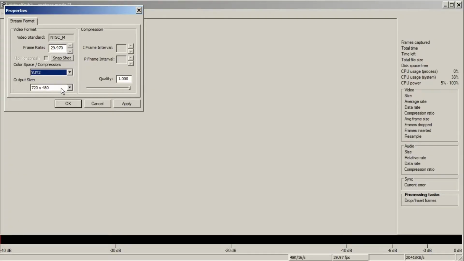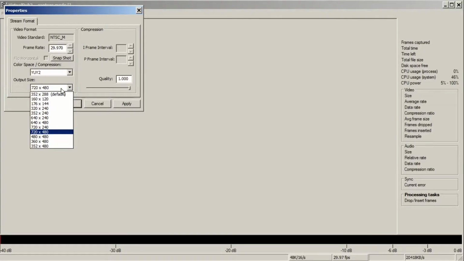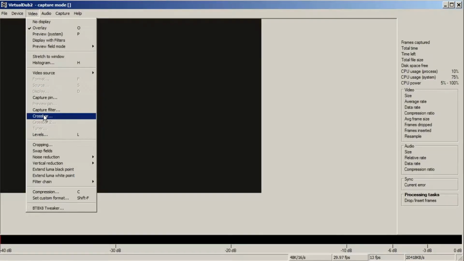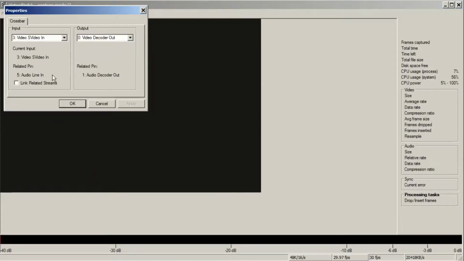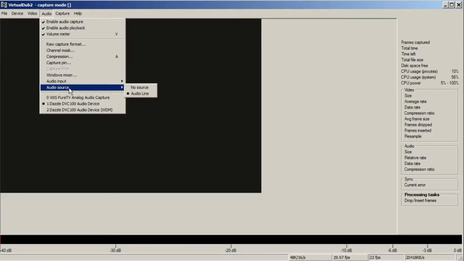Next, I select frame size. For NTSC, anything that has 480 lines is good enough. See my video about frame sizes for details. I'm going to choose 720 by 480 as the most common and most compatible value, although if you don't plan to make a DVD, then 640 by 480 may be preferable, and it's easier to work with because it has square pixels. In Crossbar, I verify my choice of video and audio inputs and how they correspond to each other. Sometimes you may get video but not audio, so you need to rejiggle audio input and source settings to tell the app where audio comes from.